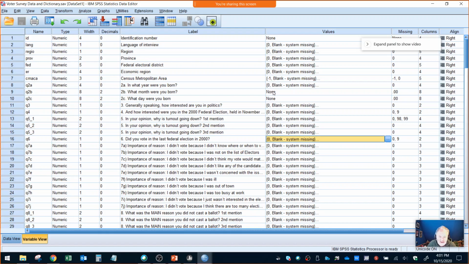Now, in terms of a description or a manual for the survey, I can try and pull one out of the metadata for SPSS from the variable view. And I can do that through Analyze, Reports, Codebook. So the codebook's kind of like a data dictionary. I can take all the variables,